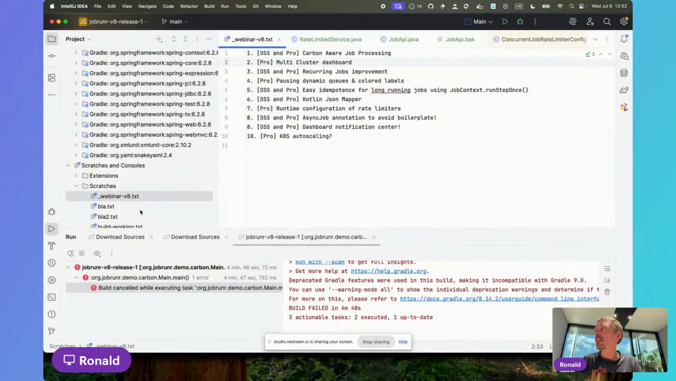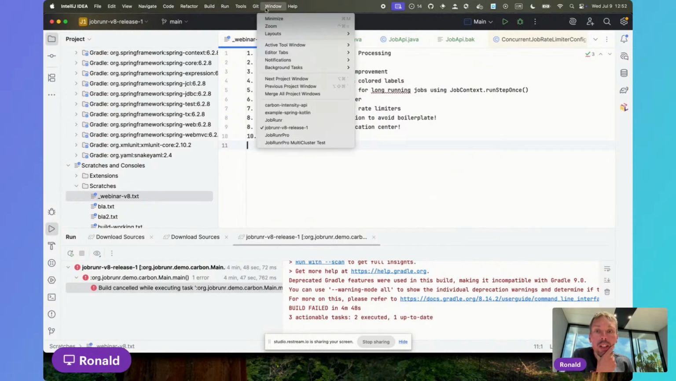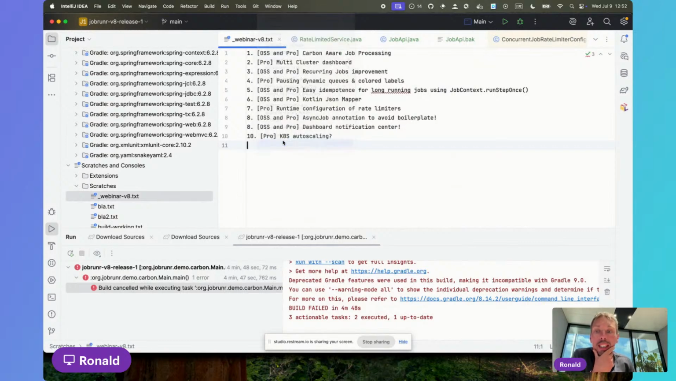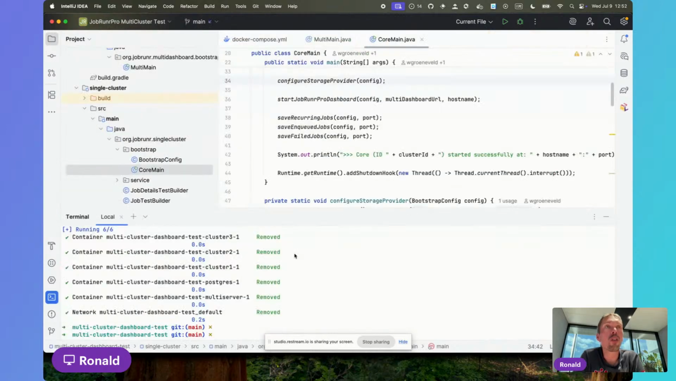All right, so let's continue then. The next thing that I want to show for our pro customers is the multi-cluster dashboard. And this is also a really cool feature, I think. Some of our customers are running over 1,000 JobRunner instances. If you would have asked me that a couple of years ago, I would not have believed it. But then having an overview of all those different